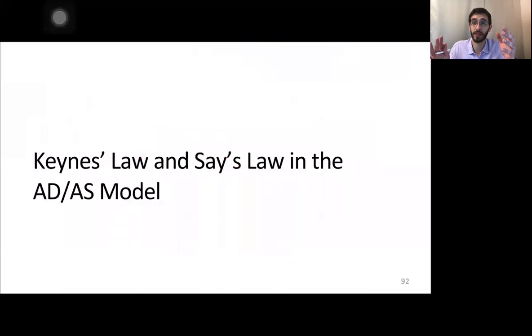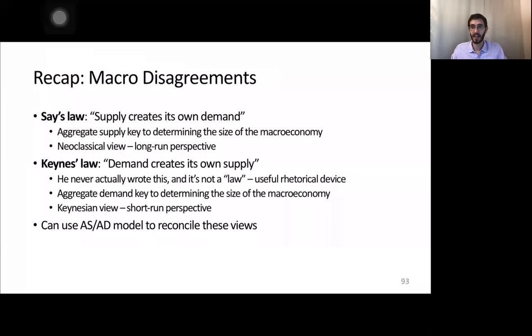So to wrap up this chapter, we're going to analyze how those first views of the supply dominant view of supply leads to demand, so we should invest in the supply, stimulate the supply, versus the demand is the best way to stimulate economic growth. We should always want more demand. The Keynesian versus the neoclassical view, right? And that's what we're going to look into here. How can we use those views in this framework?